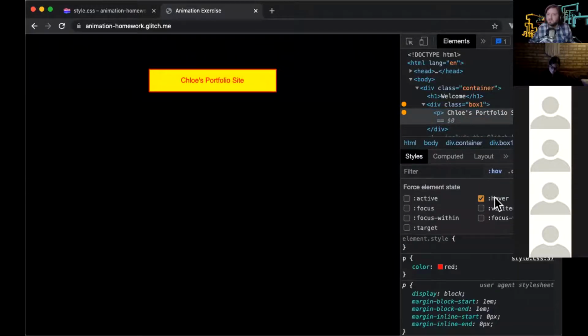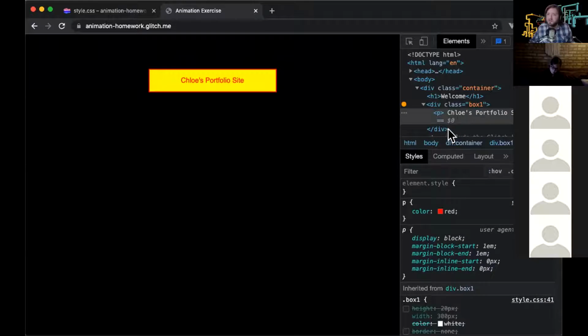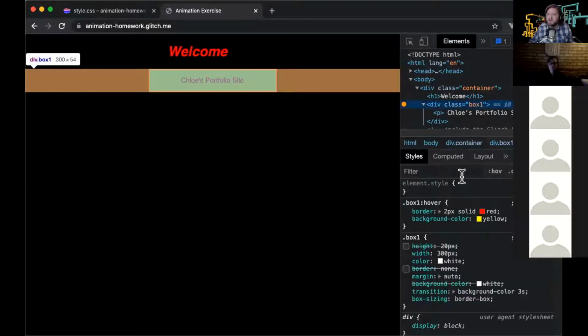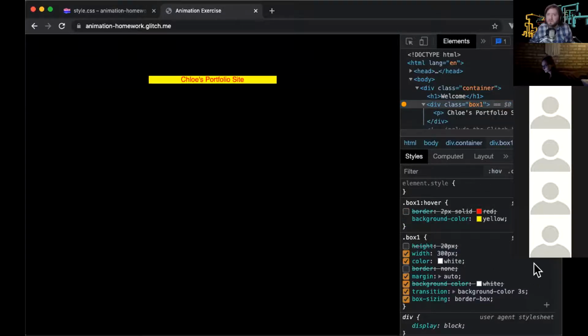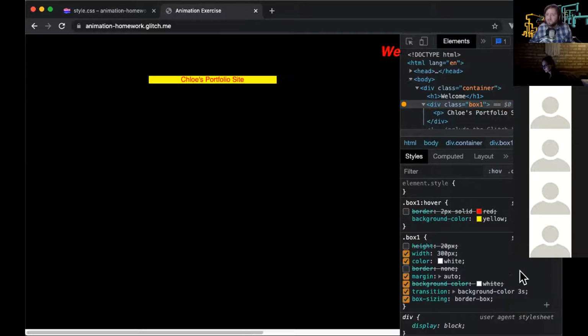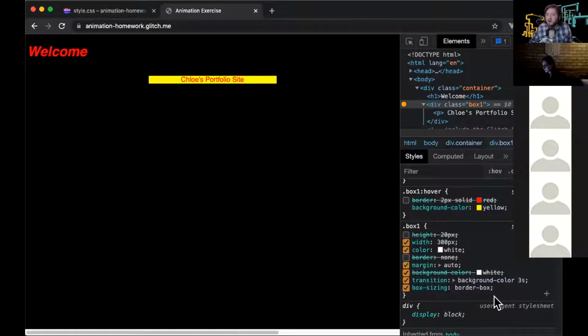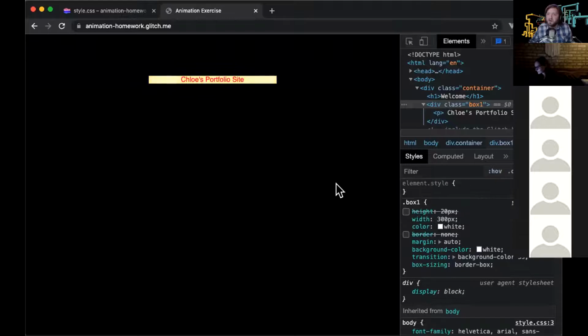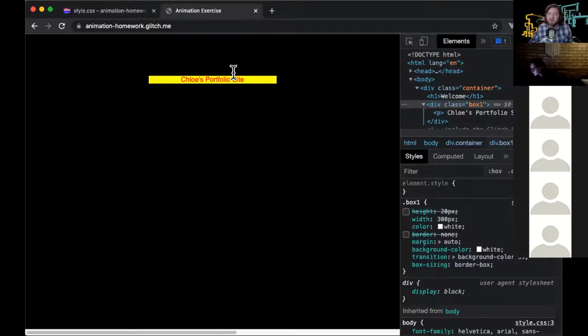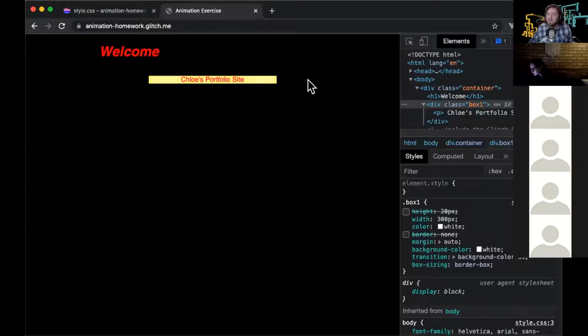So there's not a hover state for the, I wonder why it gets so much bigger when it hovers. That's okay. Either way, I don't know why that was happening, but you see the difference